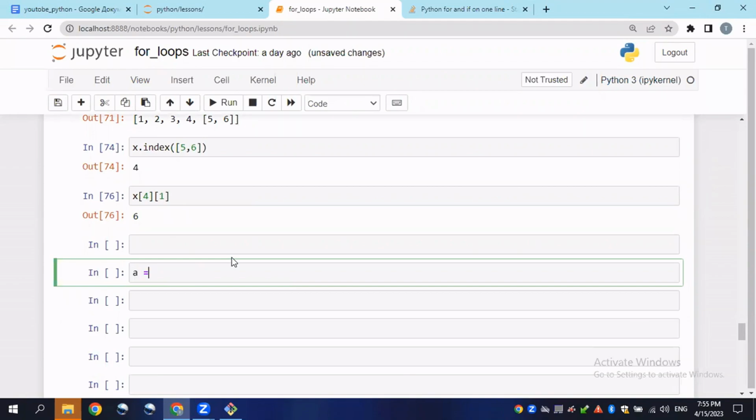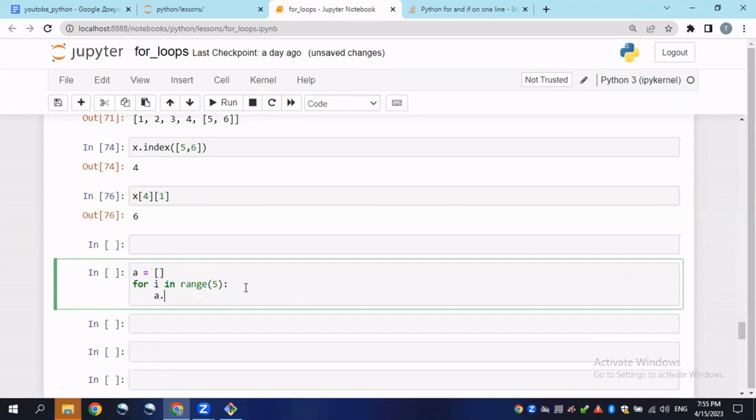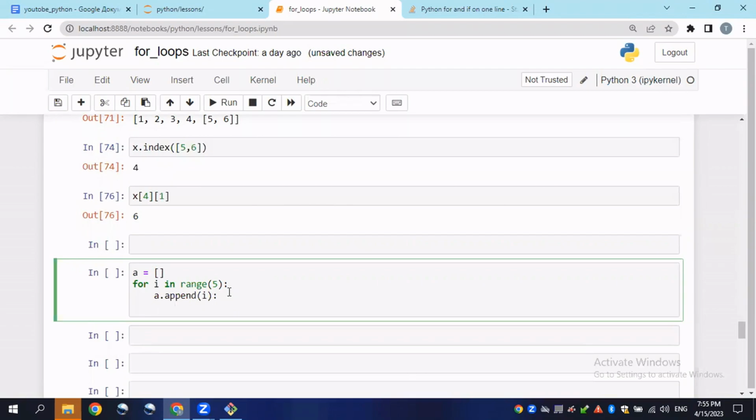Let's create the array first. This is the array we have created, the list, and here if I type in for i in range 5, I will try to append here. I append to a, a append to i, and if I print it out here,